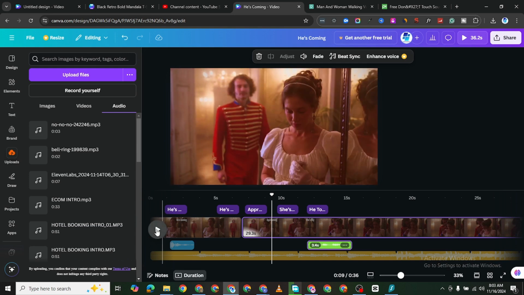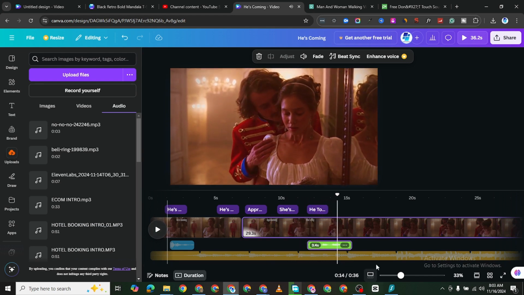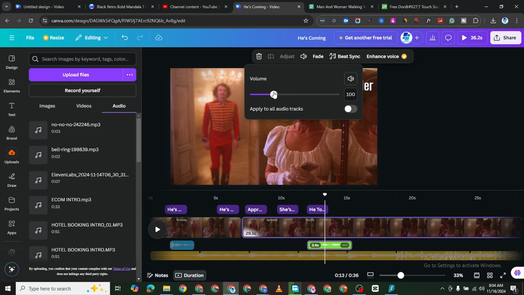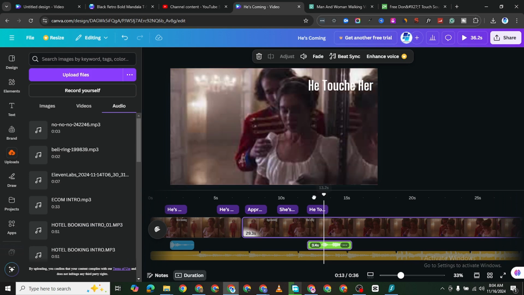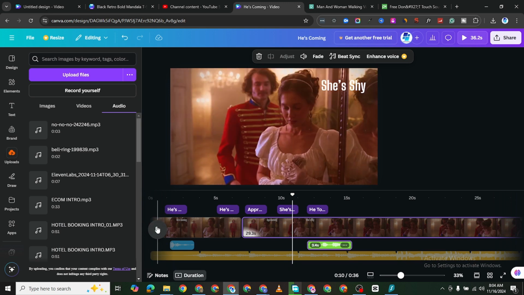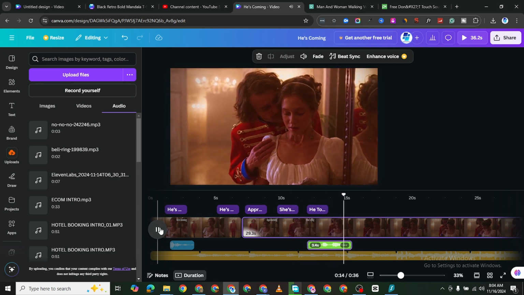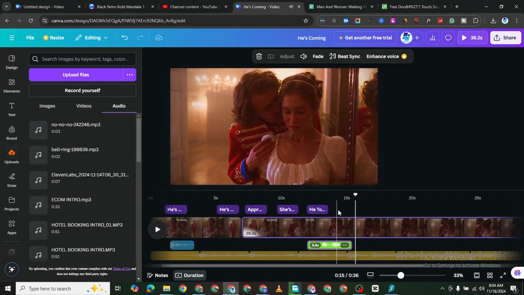it takes a little bit of time. I can increase the volume of this. This no, let it be really loud so the man knows that it's not permitted to touch her because they are not married yet. So if I play this one more time, now you have to be ready for this, and your internet has to be good in order for you to use Canva Video Editor. All right. Let's see